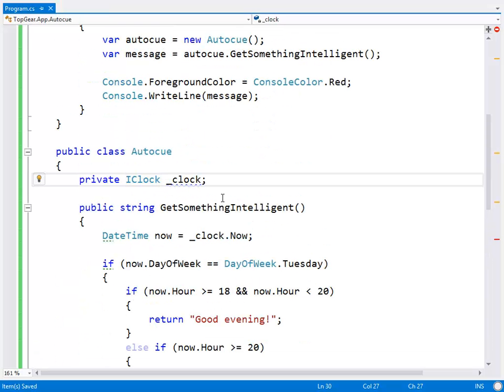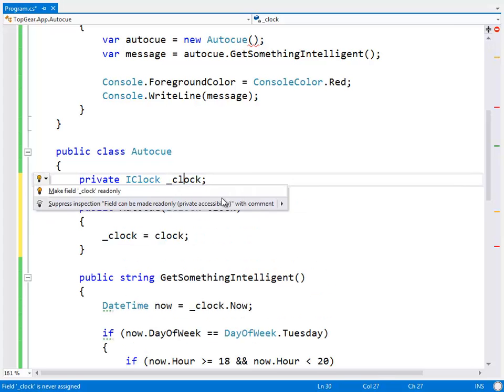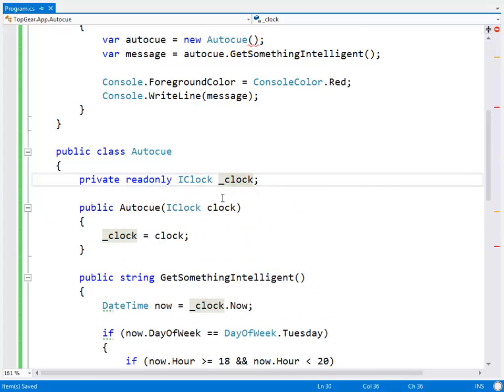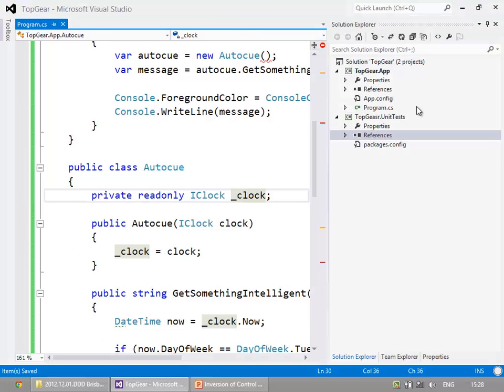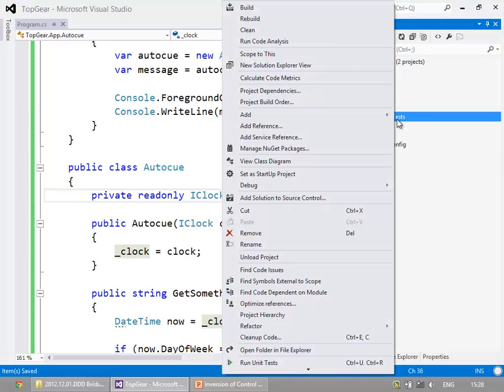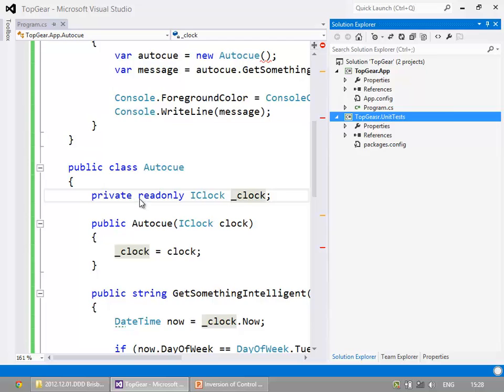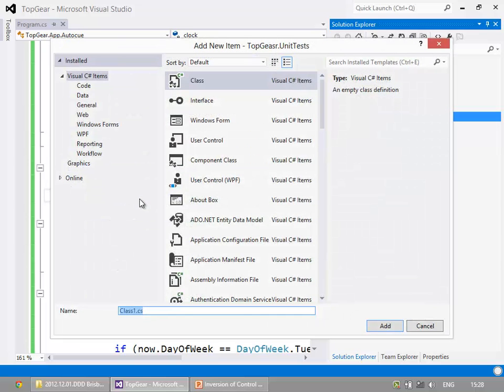And then the next thing we can do is ask ReSharper very nicely to initialize that field from a constructor parameter for us. And off we go. All right. So we've got a problem. Let's write a test first. Whoops. Top Gear. I can't believe I misspelled Top Gear. Many apologies, guys. Get out. Class. I am a bad person for that. Sorry. If we weren't under time pressure, I'd actually fix that.